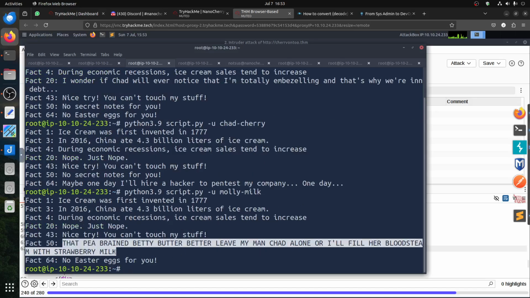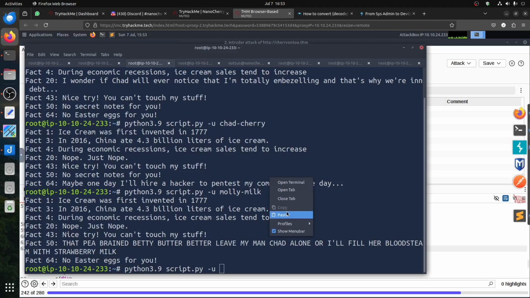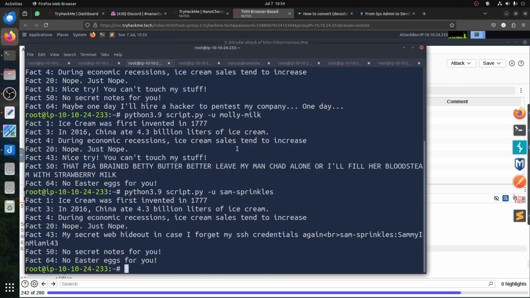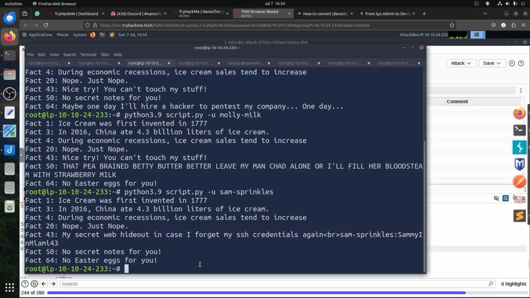We find this one, and the more interesting one we're interested in is this one, because this is the one that should give us another password for the user. If I put his name here, you can see what we get. It gave me "my secret web hideout in case I forgot my SSH credential." Again, Sam Sprinkler, they already give us the password, so here we can just SSH with his name and at,